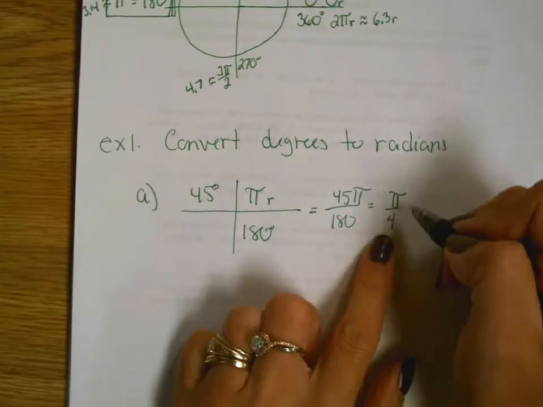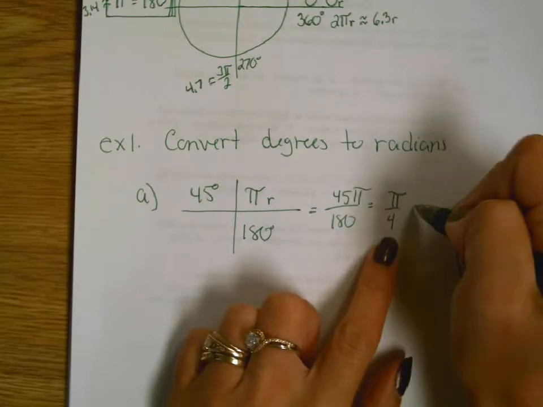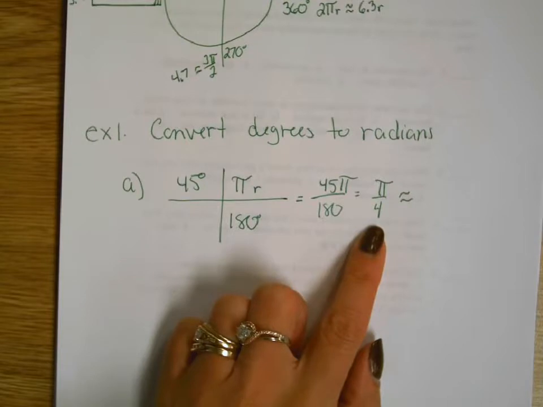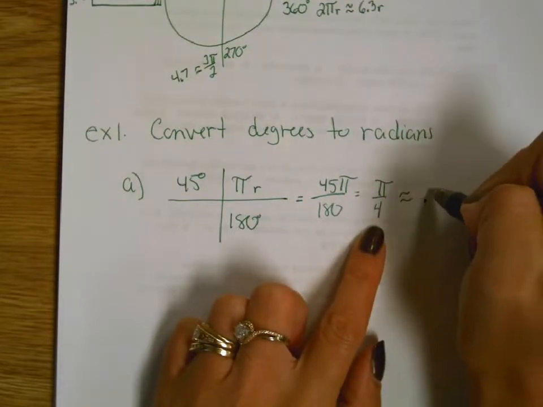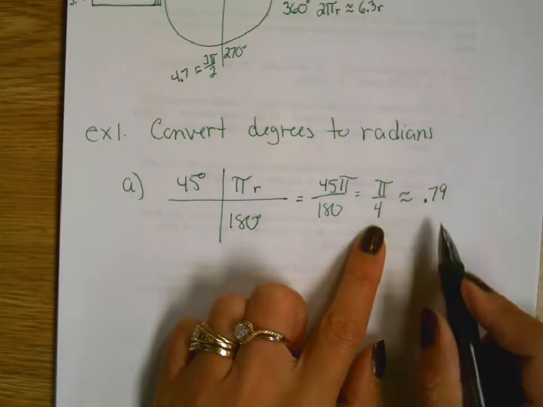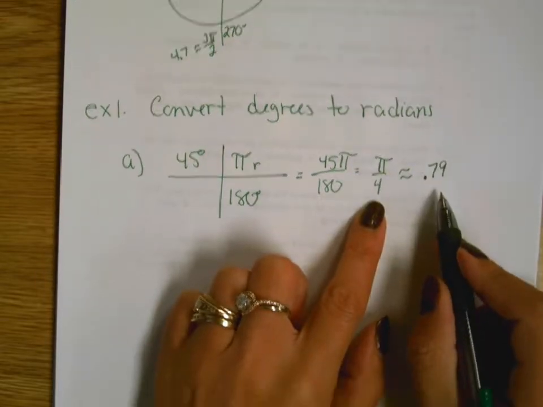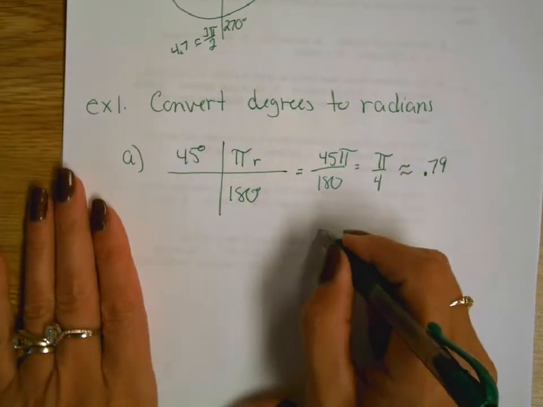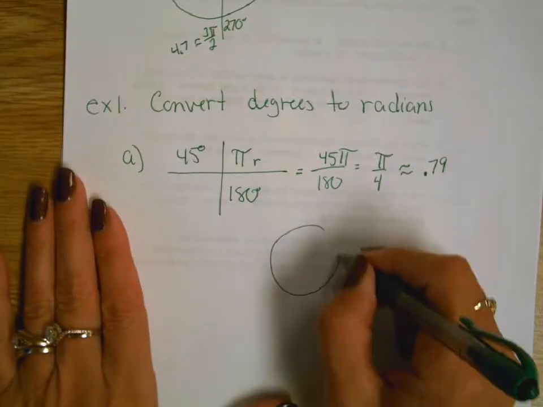Okay, so it's exactly pi over 4 radians. It's about how many? What is pi divided by 4? 0.79. So a little more than 3/4 of a radius length. So I want you to get a concept of what this is. So what I want you to do on your homework is show me